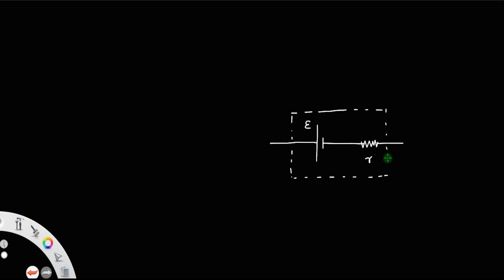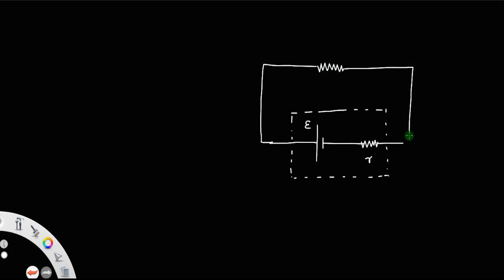Let us discuss the expression for internal resistance in terms of EMF and terminal potential. Suppose we have a cell of EMF E and internal resistance r. This unit is represented using this dotted rectangle, which represents a cell having internal resistance and EMF. Suppose this cell is connected with an external resistance,